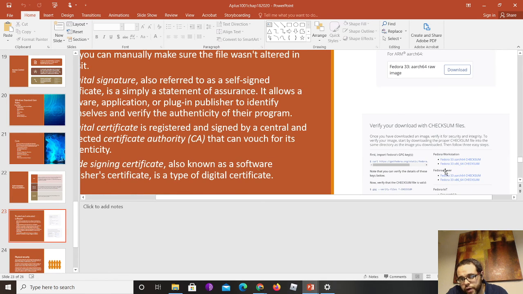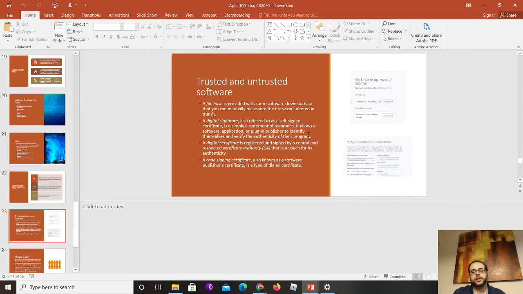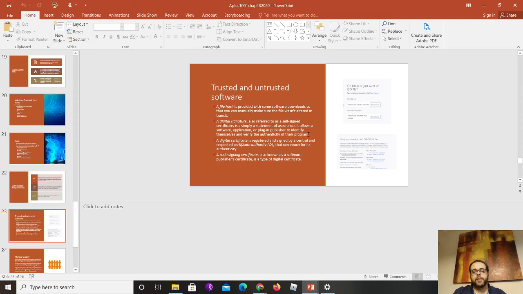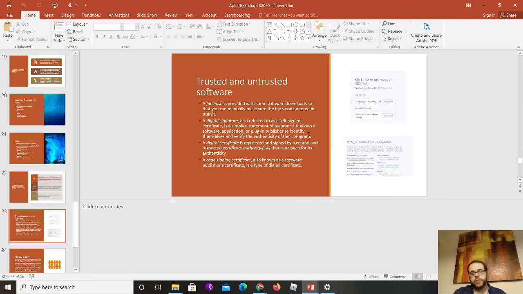You're looking for exactly this one here, Fedora 33 x86-64. It needs to match whatever checksum or hash they have here. So that's how you know that the site's legit. It's coming from the manufacturer. It's not intercepted or downloaded from a bad resource. So that's basically what it is.